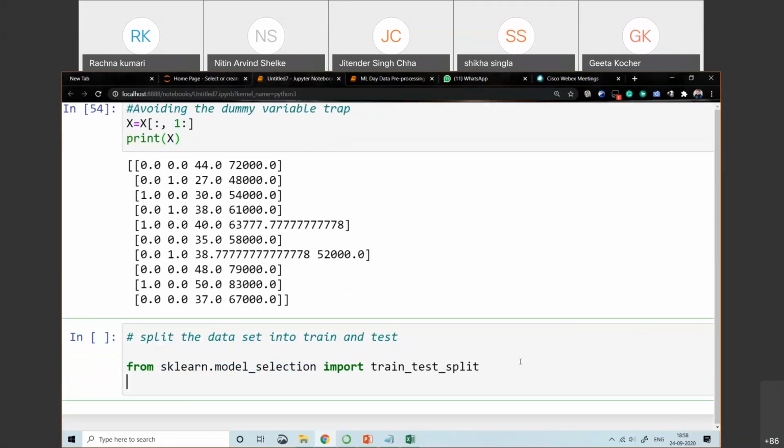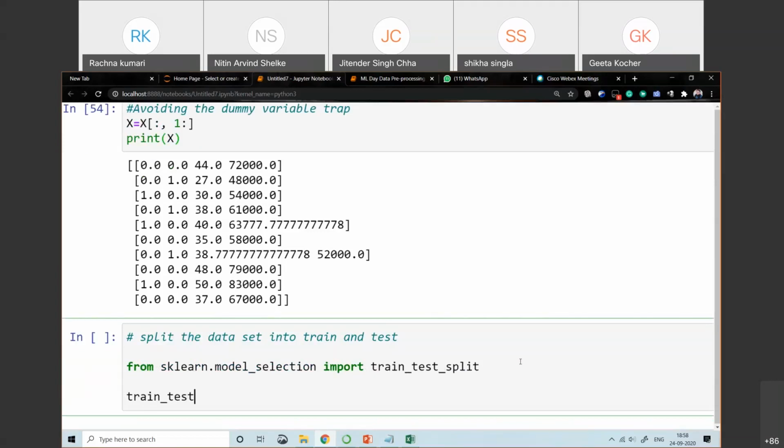Now, what we need? We just have to call train_test_split. Now we'll pass your dependent variable, independent variable, then your testing size and the random state value. So let me add the x value, then y value, and your test_size.